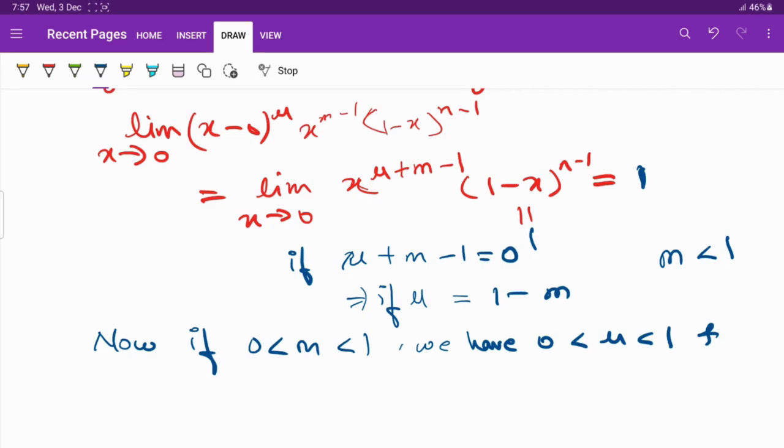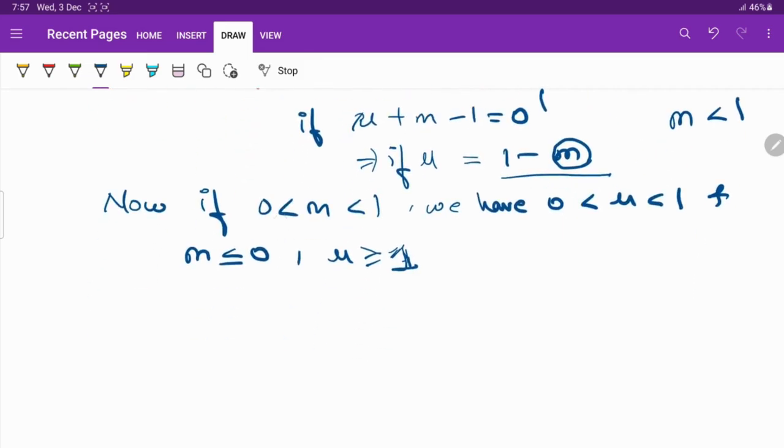So whenever m lies between 0 and 1, my mu is also going to lie between 0 and 1. And when m is less than or equal to 0, see my m is already having a negative sign, so for 0 my mu is going to take value 1, and then for all negative values it is always going to be positive, so my mu is always going to be greater than or equal to 1. Okay, so hence by mu test for improper